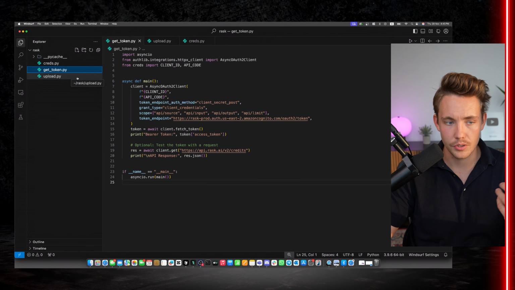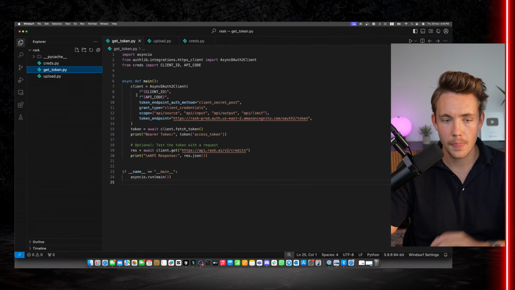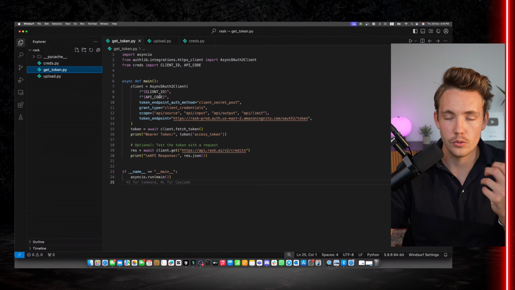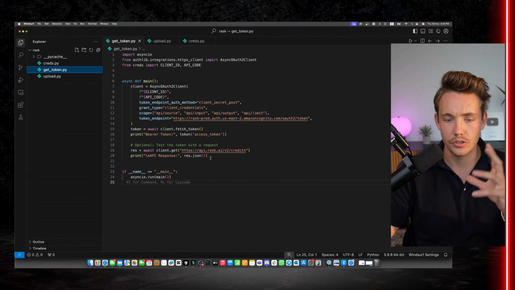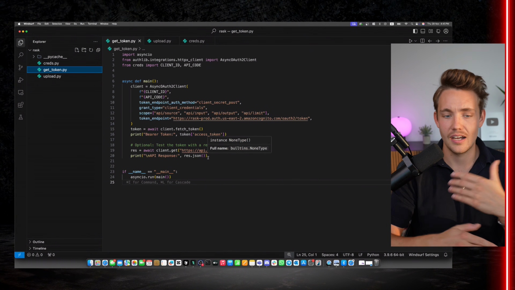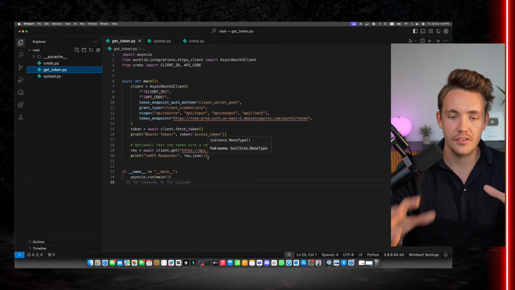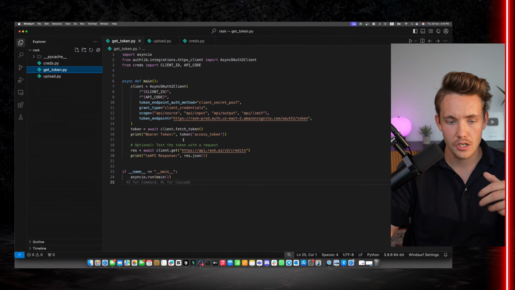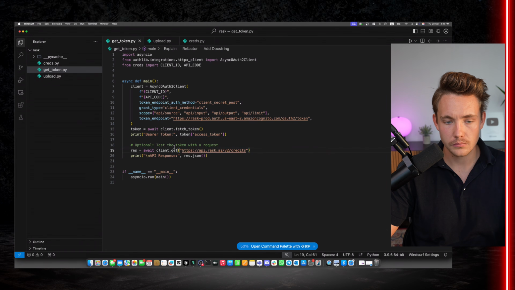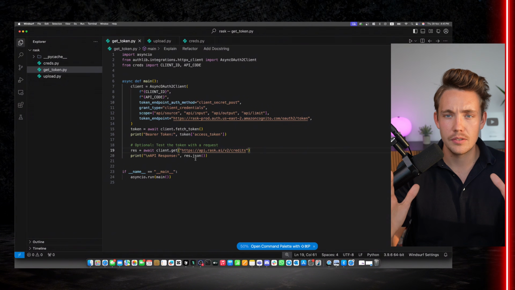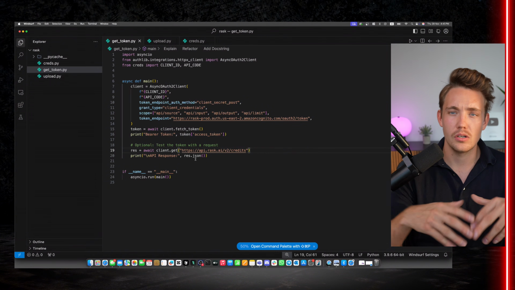I just have a Python script called get_token. I've just stored my credentials in another Python file to retrieve my client ID and also the API code. And then it's just going to print a bearer token. You can also print how much you have left and so on. So all that information can be extracted from here. You basically just connect to this client on the API. If you run this Python script, everything will be available inside the documentation, but I'll also put it on